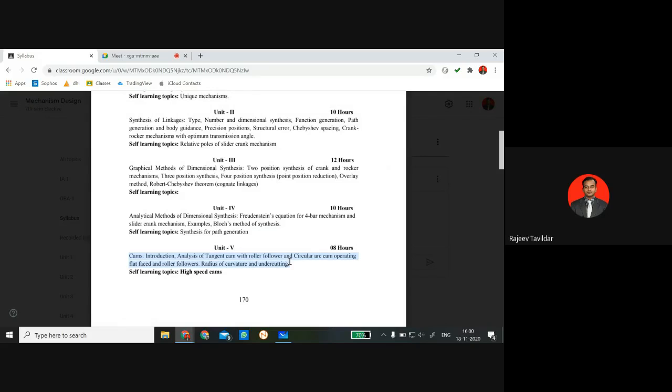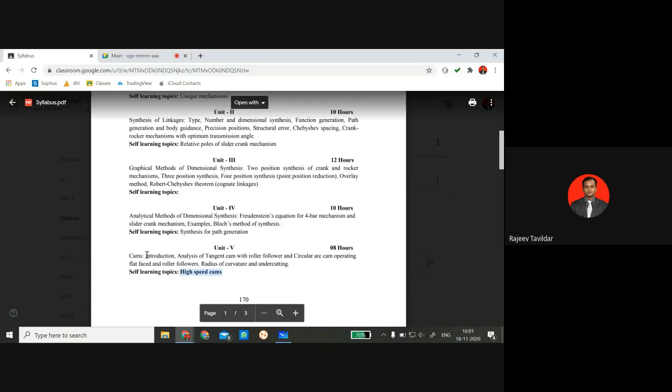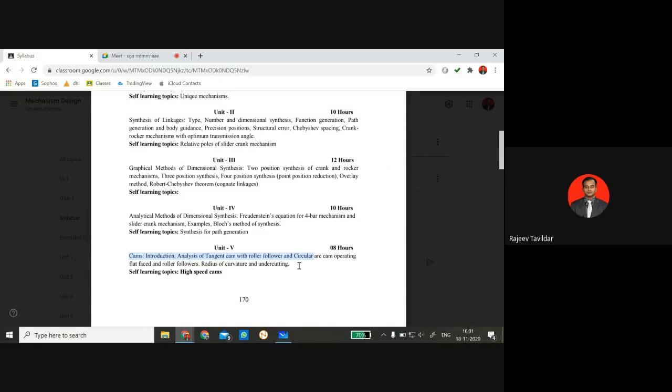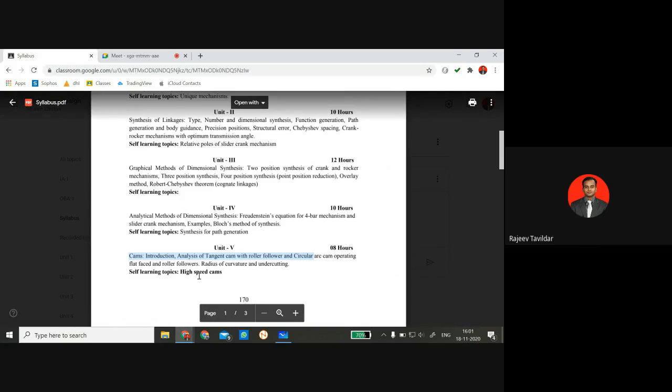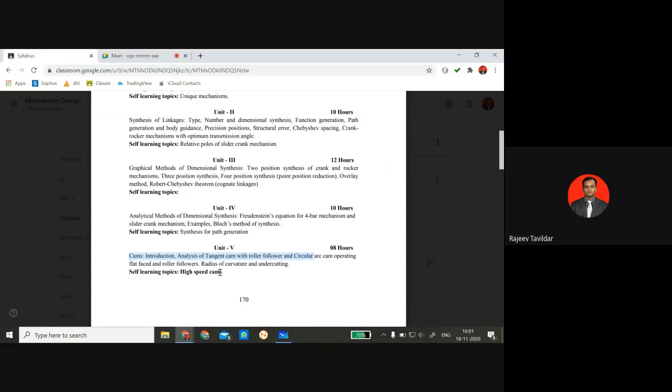A few problems of higher level will be taken up, and some introduction to high speed cams, which is of course a self learning topic, but I'll try to cover that in this unit itself. So we'll understand what high speed cams are and what the different terminologies associated with high speed cams are. This will start with the next class. Again, this is purely a graphical method. The entire unit is graphical, so if you are going to solve along with me, you need to have all the types of drawing instruments,